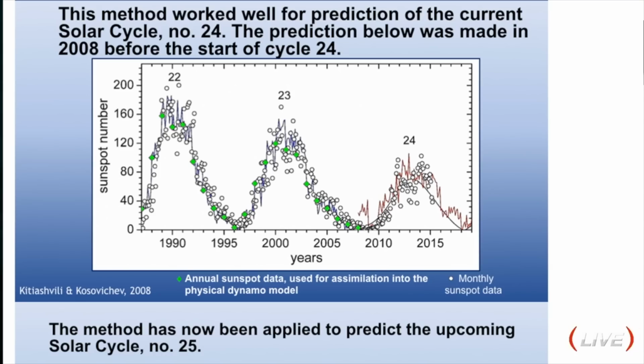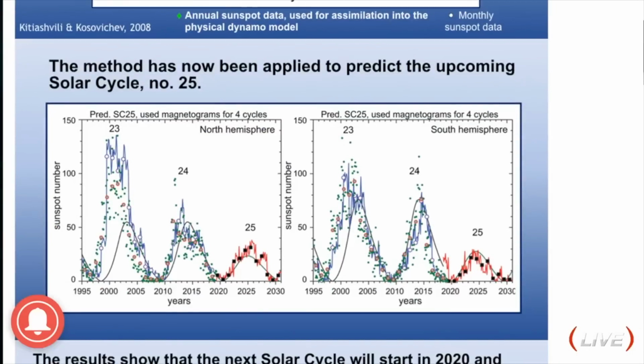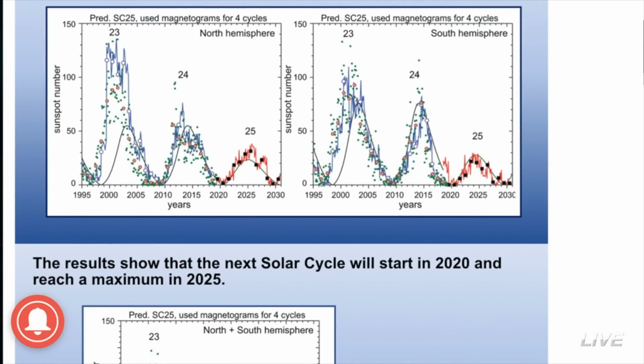I got to be honest with you. I can't speak for Mari. I can speak for myself. I've been back and forth about when's grand solar minimum, when's it going to happen, what's going on. But to me, it's more clear than ever that 2020, the beginning of cycle 25, we are entering the grand solar minimum. And 26 and 27 and 28. I remember when I first started research, I was told those solar cycles would be just as worse. In fact, I also was told that 25 was going to be about what they are now predicting. And here it is. And I remember seeing a graph for 26, 27, and